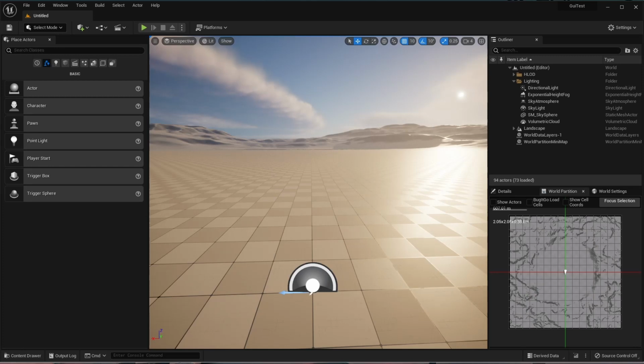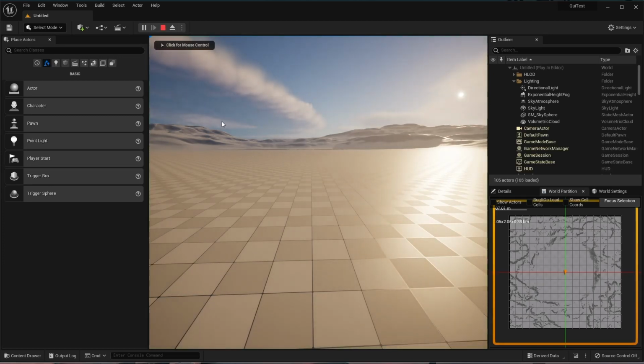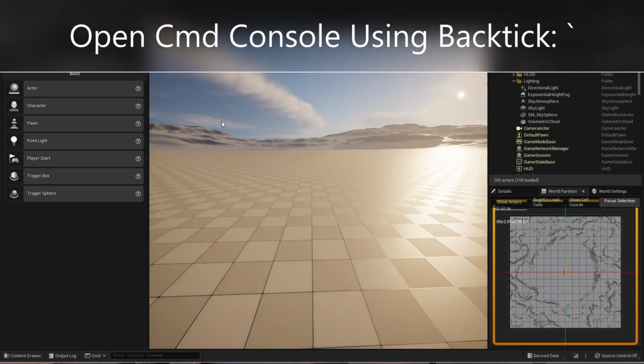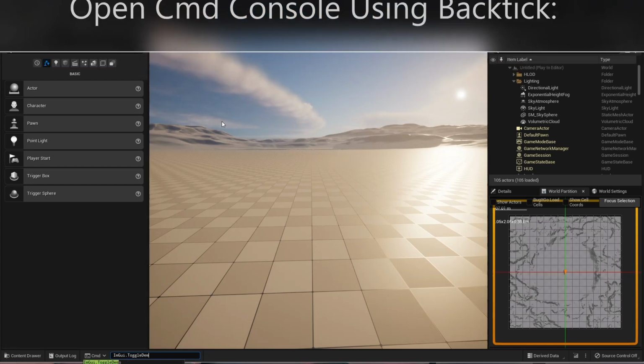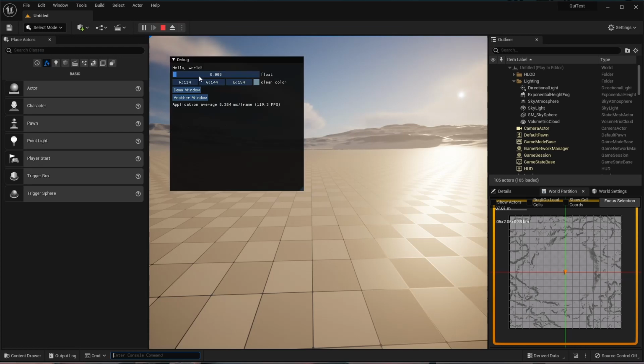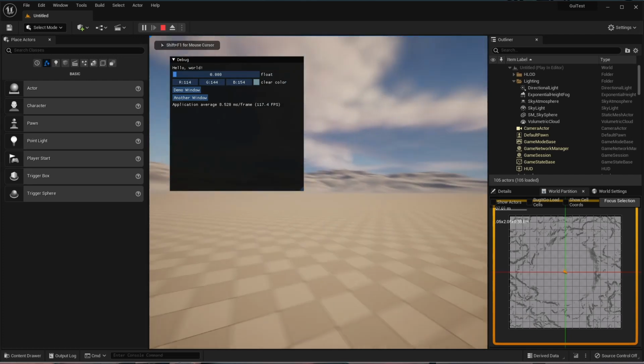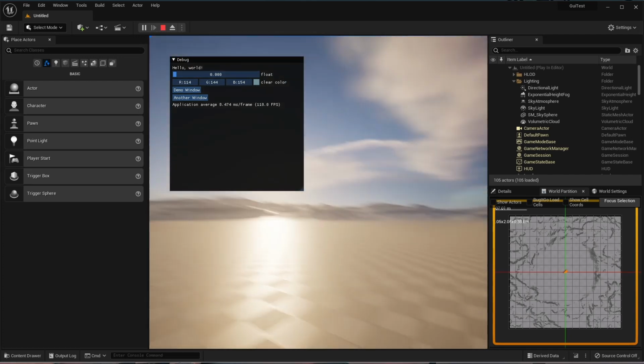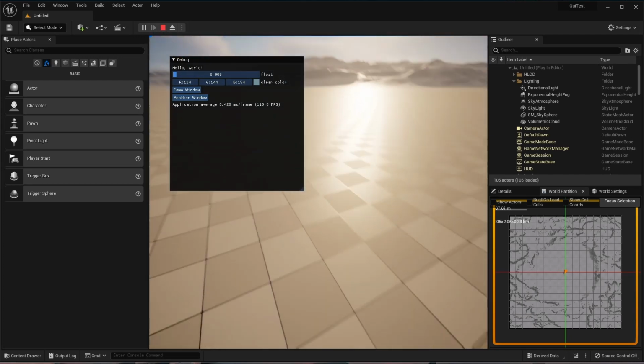That took a little bit of time, but here we are inside of the project. I should be able to hit play. And then if I bring up the console and type in ImGui toggle demo, if I hit enter there, we see this little demo window. One of the things you'll notice though is you can't grab it because the mouse control is currently attached to